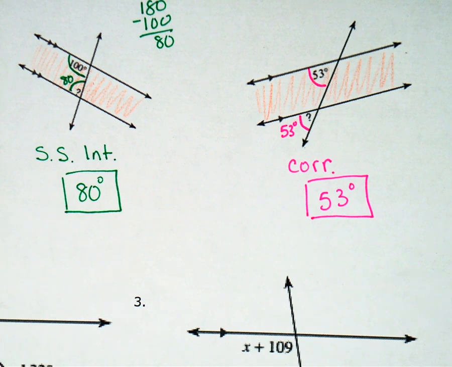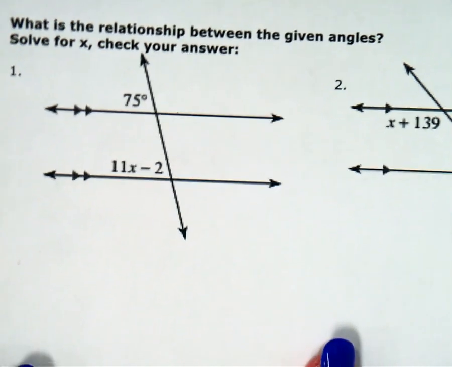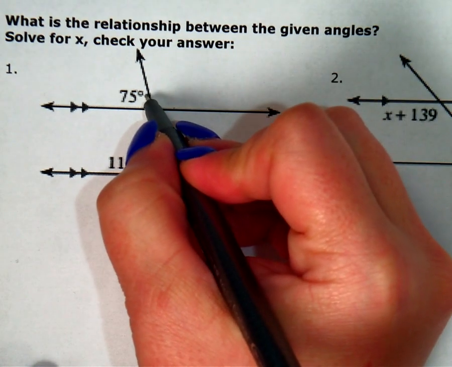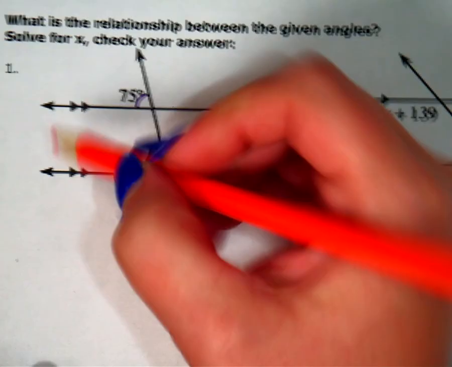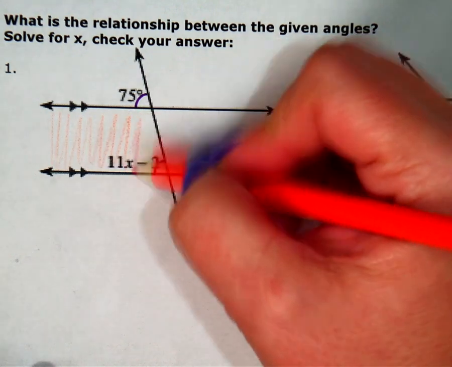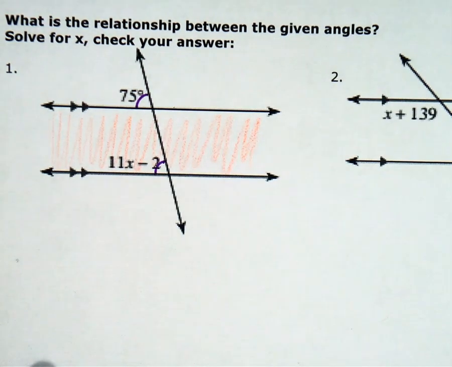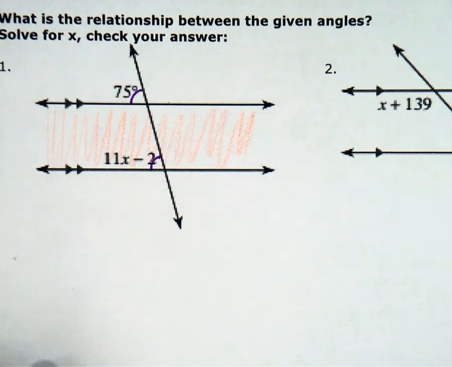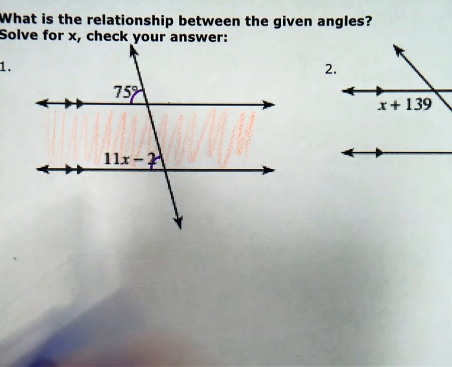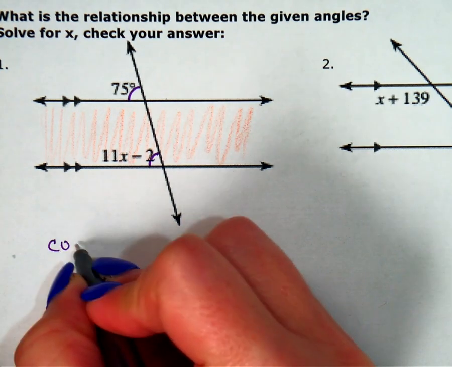Sometimes we'll have some examples that involve some algebra. So when I look at these, first thing I have to do is the same thing that I just did before. I have to identify the relationship in the angles. So I'm going to see where they are when I look at these two angles that are marked with numbers and expressions. Again, I see one is inside and one is outside. They're both above the parallel lines. They're both to the left of the transversal, so they are in corresponding sections,